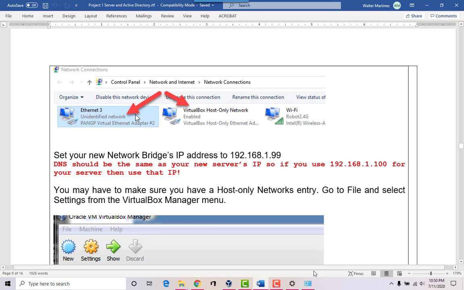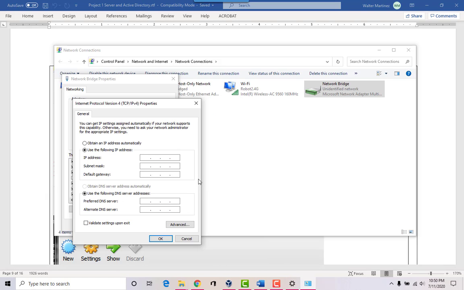I'm going to name this bridge 192.168.1.99. So let's go back here, 192, let's put the numlocks here, 192.168.1.99. Okay, the subnet mask is 255.255.255.0.